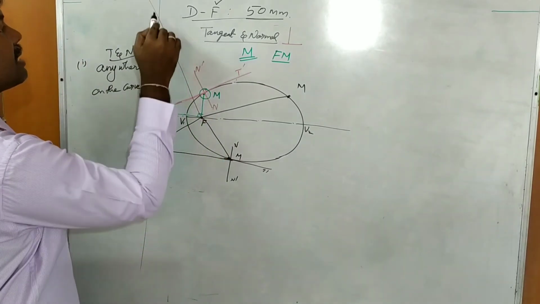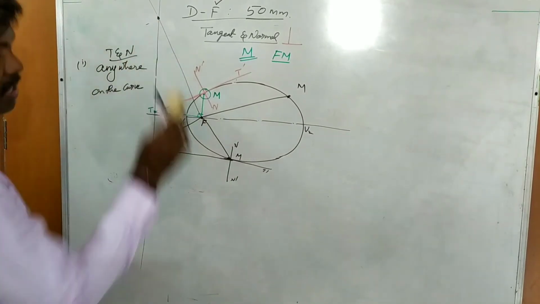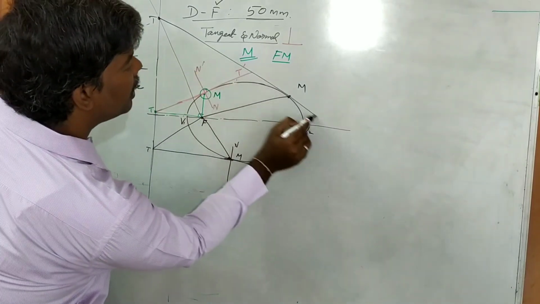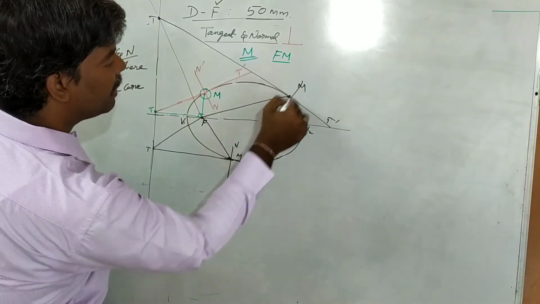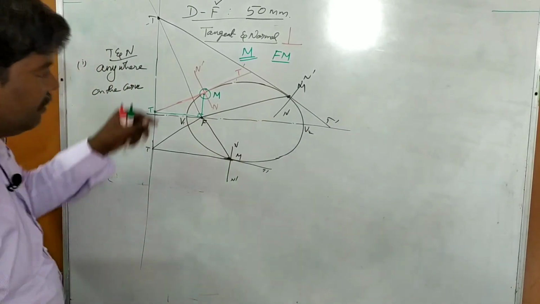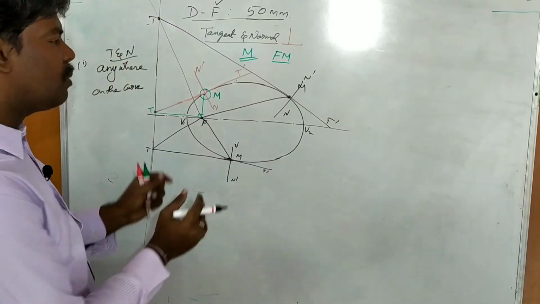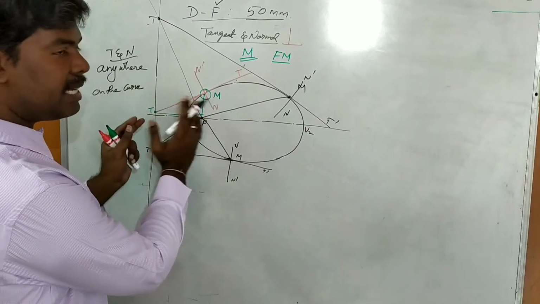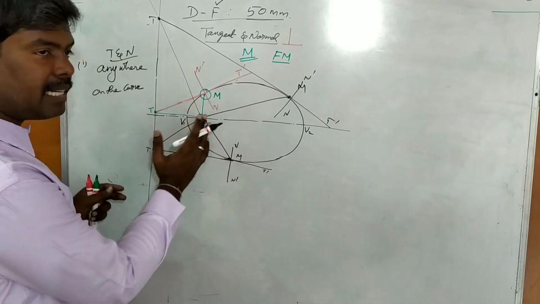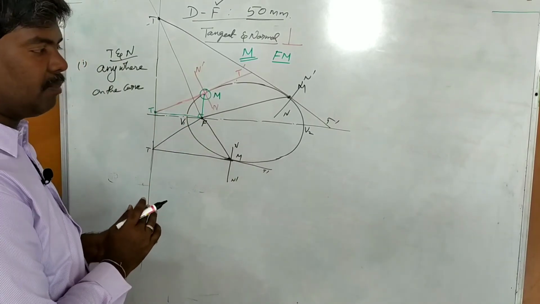So that line where it is intersecting the directrix here, that point is T, the tangent point. Then you join TM. That is TT dash. Perpendicular line, NN dash. It's not wrong, but the construction goes far, so in your drawing sheet it occupies more space. So better you take where the directrix is there, either on the left side or right side, whatever it may be, where the directrix is available. Okay, so from that area you draw that tangent and normal.